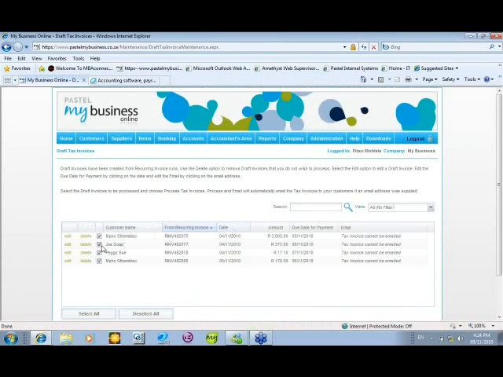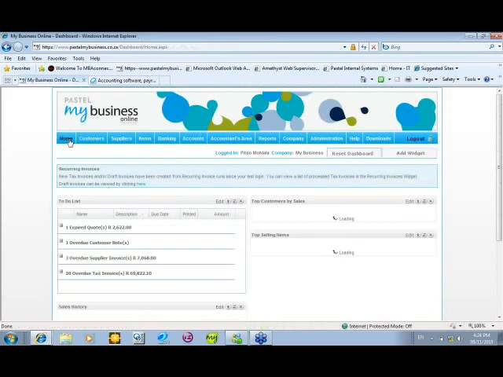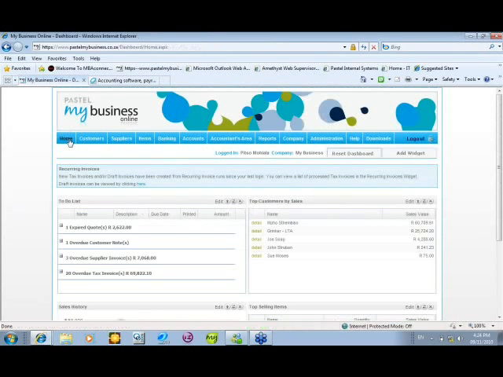Now that, in a nutshell, sums up our drafts and our recurring invoices. But most importantly, what is also convenient that we've put into the application is that Pastel also gives you a nice warning. I'm on the home page right now. It gives you a nice warning, highlighted in blue, that you've got recurring invoices in drafts. So whenever you log into a company, the first thing you see is how your company's been performing in terms of the dashboard that you see, and just above the dashboard, you've got